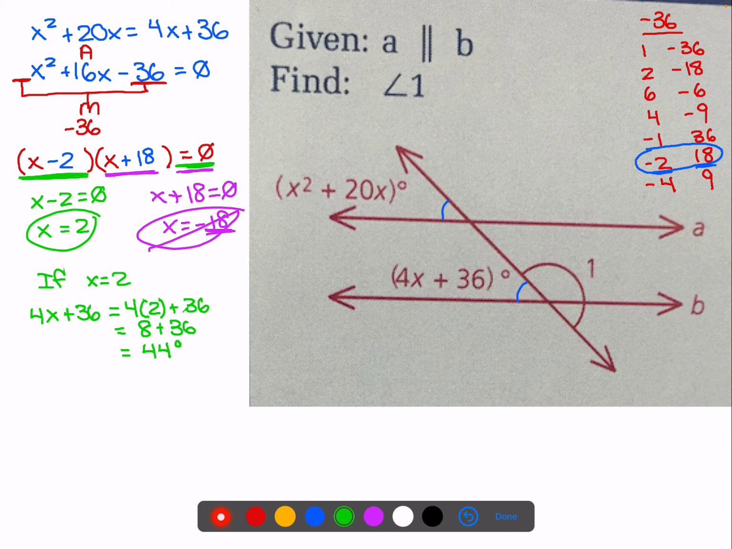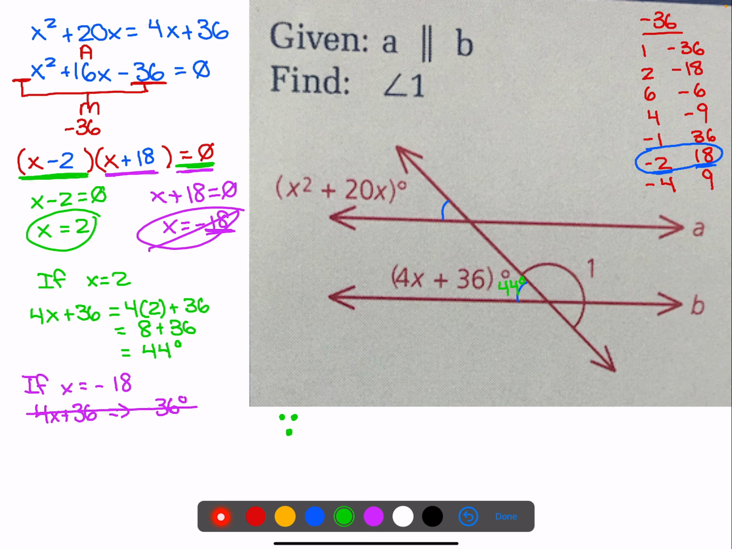So if x is equal to 2, this is 44 degrees, which is a much more reasonable angle rather than seeing a negative 36 degrees. Again, if x is equal to negative 18, then 4x plus 36 turns into negative 36 degrees. So obviously this is out. We cannot use this. So therefore,